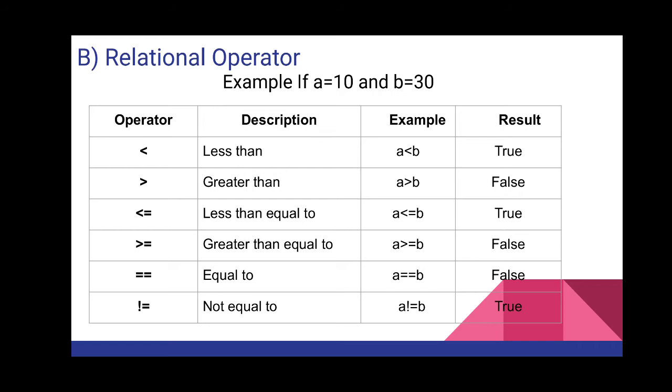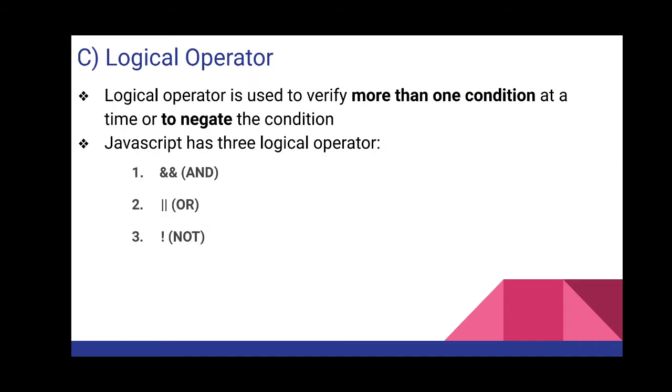So a comparison between operands could be if one is greater than the other number, if one is less than another number, greater than or equal to, less than or equal to, or equal to. If you want to check if the number x is equal to y, in that condition you will use the equal to operator. And for checking if both the numbers or operands are not equal, you need to use the not equal to operator. I hope these two groups are clear. So we will start with the next operator group, that is the logical operators.